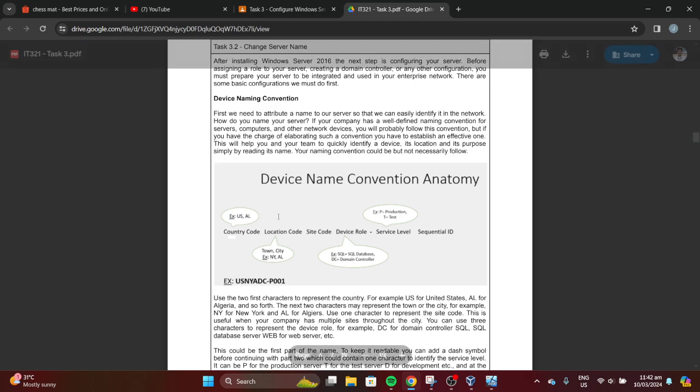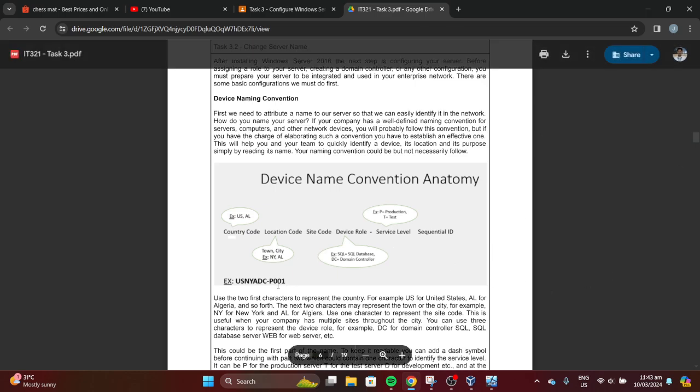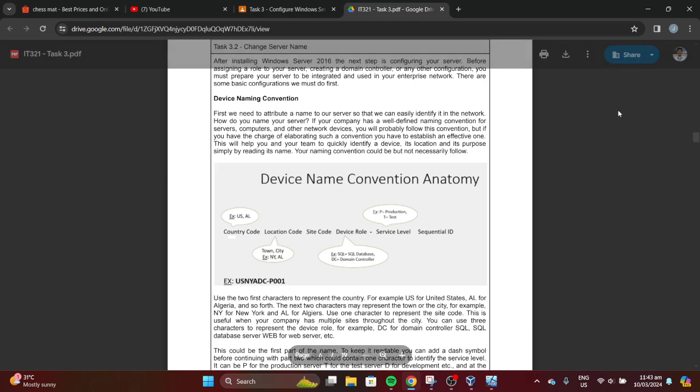Device name convention, an example: country code, location code, site code, device role, service level, sequential ID.